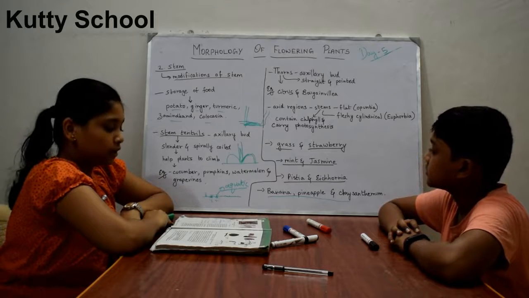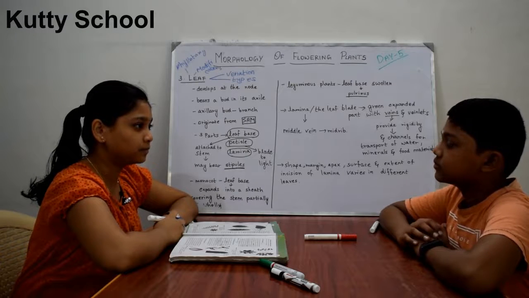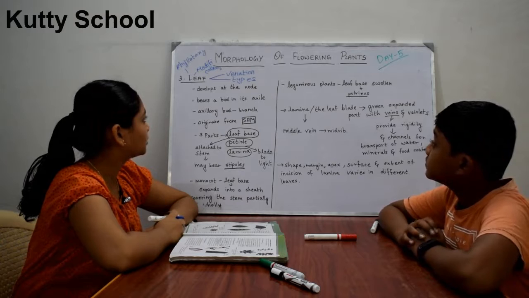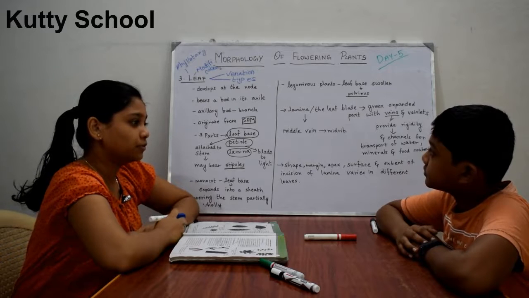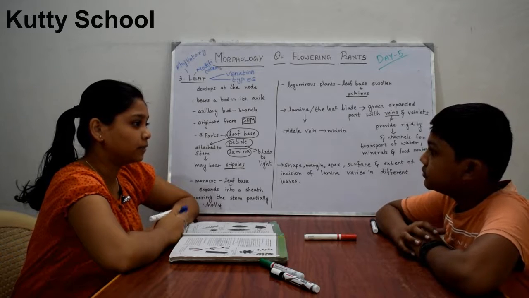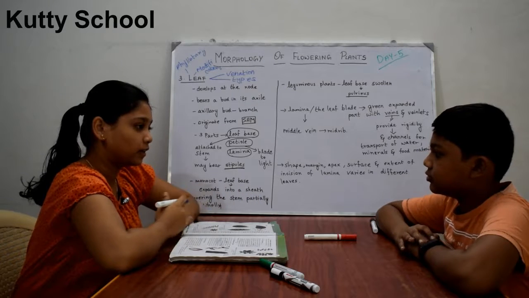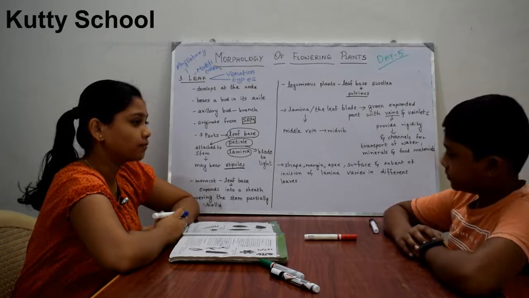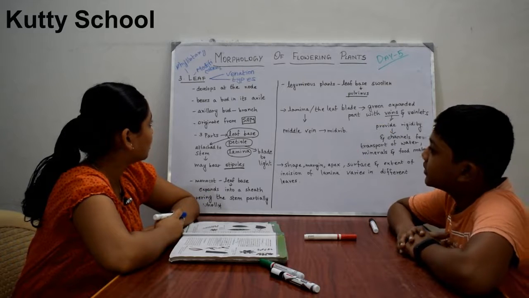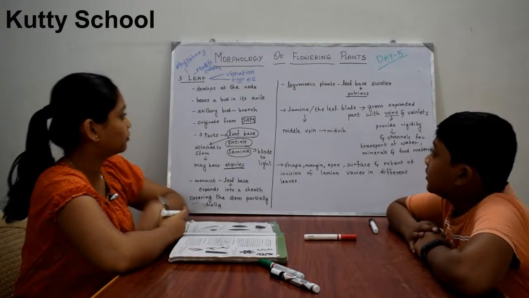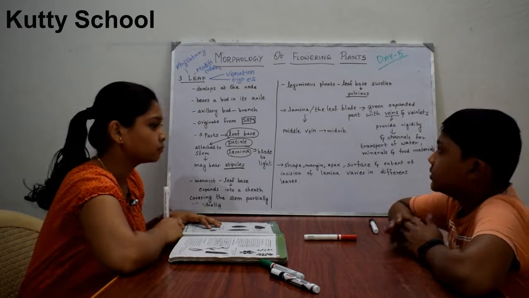So this is about stem. The next topic we'll discuss is leaf. In the last session we discussed stem, and now we are going to discuss leaf. Generally we know the leaves in all plants. We see the leaves, we see ribs in them. They are green in color, and they float in water and move with wind. These are the subtopics under leaf. First we'll discuss the characteristics of leaf, and then we'll go to the subtopics.